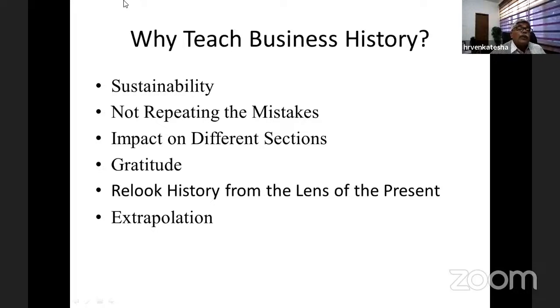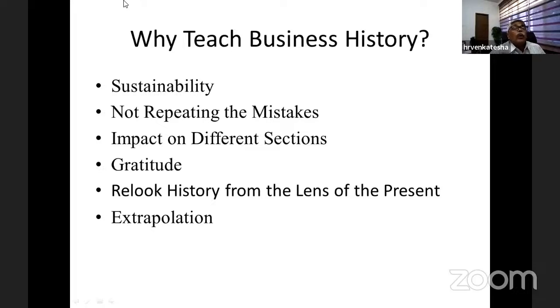And the gap between the poor and the rich is widening; the rich are becoming richer and the poor are becoming poorer. The buying capacity of the poor is decreasing every day in this inflationary trend. And I think we have to look at business from the angle of the impact it has created on different sections of society. Look at another example. A lot of farmers lose their land for corporate requirements. What happens to those landlords' children? Where do they end up? Have you ever studied? Don't you think that is an important aspect?